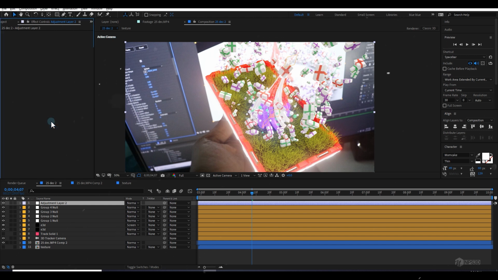Let's apply a selective color first, and let's select the red one and increase the black value to make the red darker. I can down the cyan value. You can just play and check it. This is the pink one, but I want the red, that is pretty good.